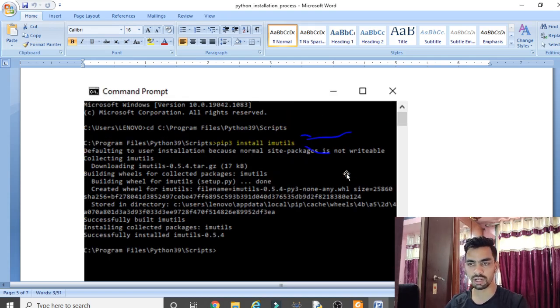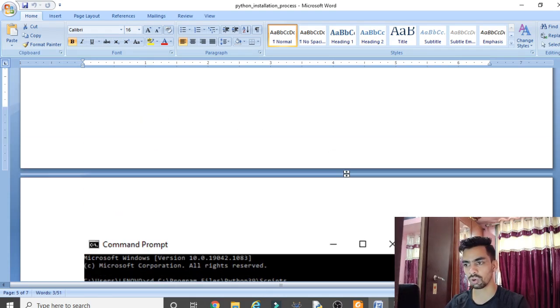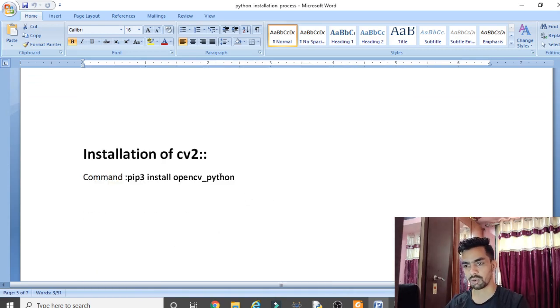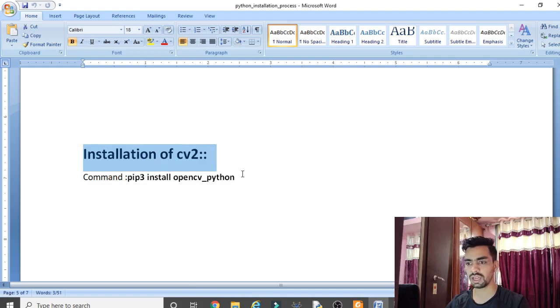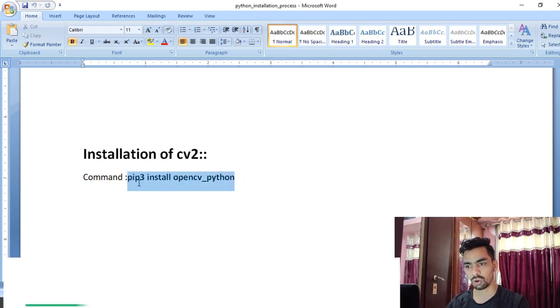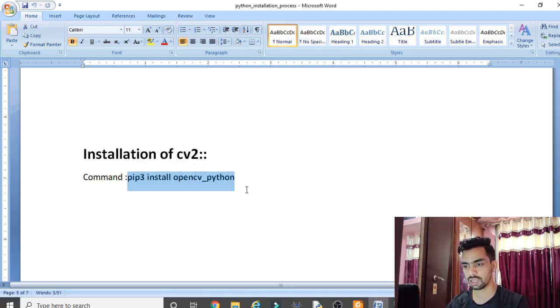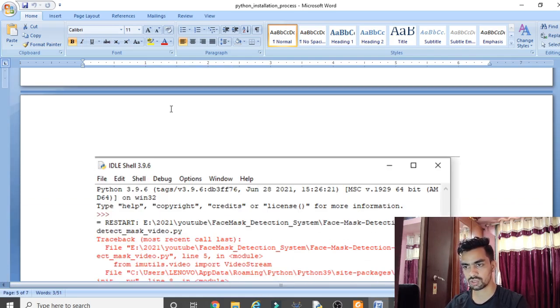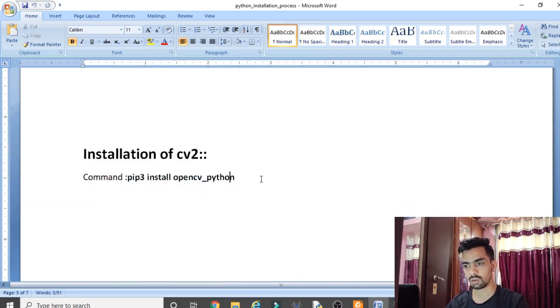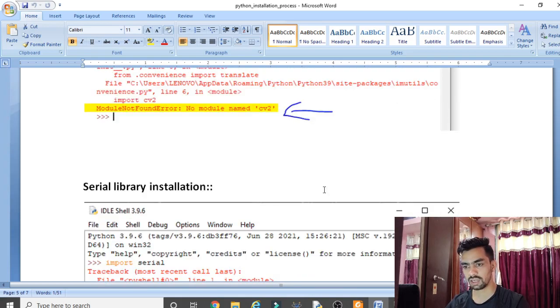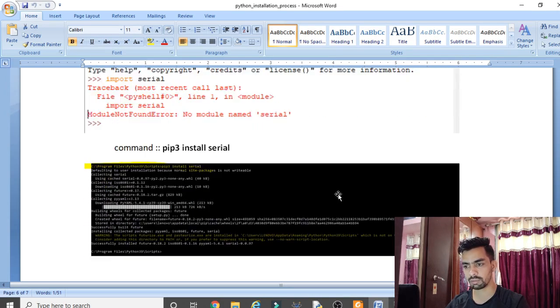If there is no library found in your software when you run the code, you have to follow the same process. Now next part is installation of cv2 library. If you want to install cv2 library, again same process, go to that path and just type pip3 install opencv-python. All these commands I will add in the description. You can run these commands one by one on cmd. Once you install the opencv library, it will give a success message that opencv library is installed.